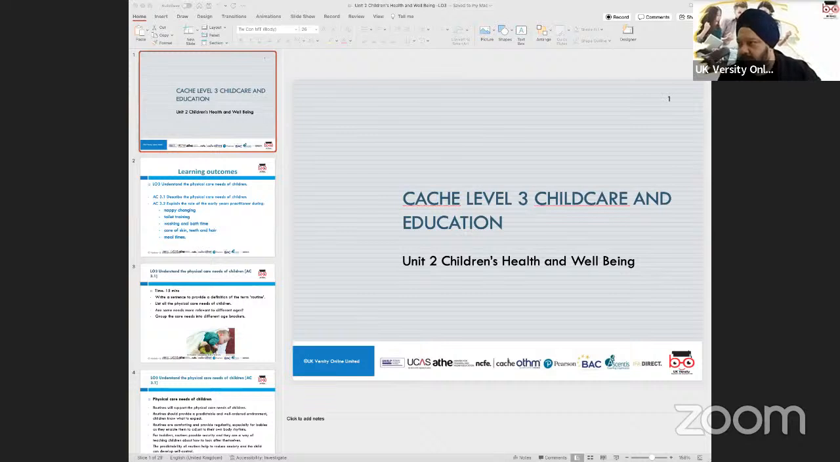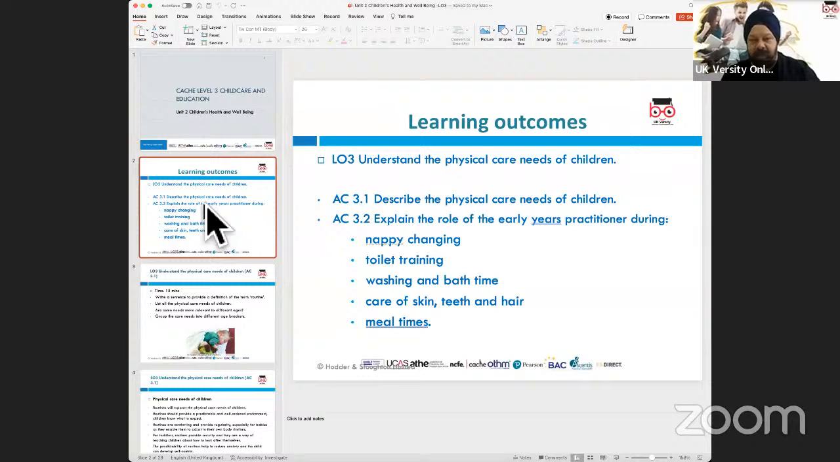Okay, so what we are looking at doing today is covering learning outcome 3. This learning outcome 3 would primarily be focused on understanding the physical care needs of a child. Now, in the first unit, what we've done is essentially studied some part of the relevant theoretical frameworks and the key basic requirements that we need to be aware of, specifically when we